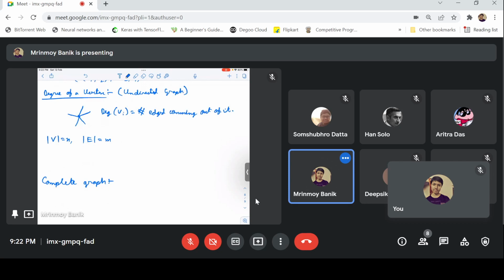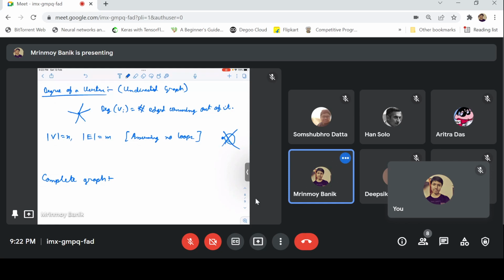Okay, so what is a connected graph? I haven't discussed it. So what is the maximum number of edges possible in a graph with n vertices? We are assuming no loops. That is, if this is a vertex, then this is a loop edge with both vertices the same. So we are not allowing such loops. So now each vertex has n minus 1 options,